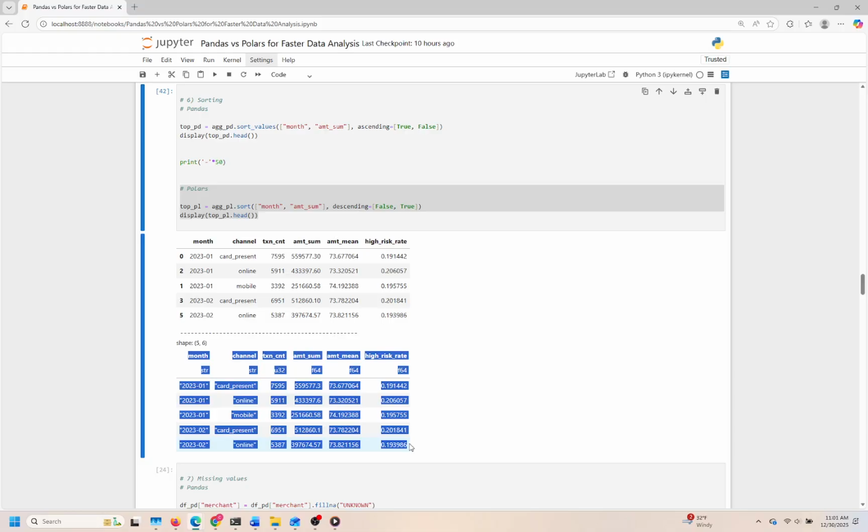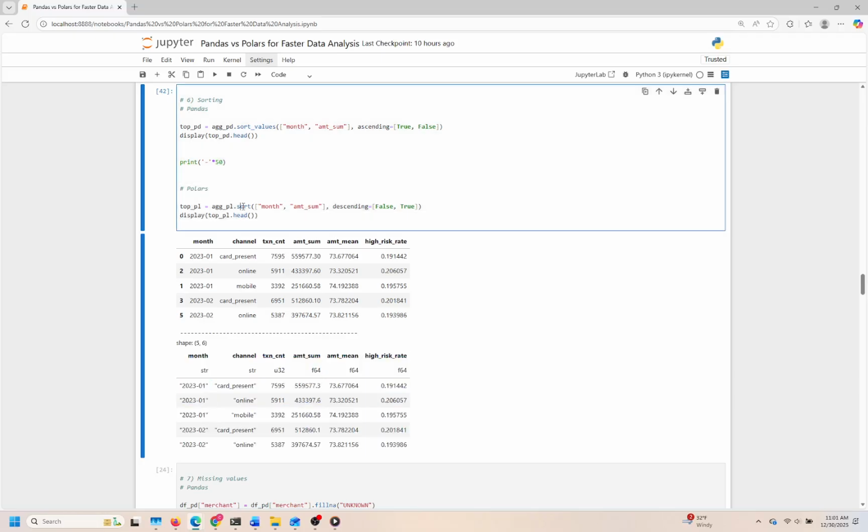Shifting our focus, we then perform a similar sorting operation using the Polars library on an alternate data frame named AgPL. Polars, being a newer entrant in the data manipulation space, showcases its own unique methods for achieving the same goal of data sorting. This comparison emphasizes the versatility of both libraries. While their syntaxes and underlying architectures may differ, they ultimately serve the same purpose of helping us organize our data effectively. By examining the outputs generated from both libraries, we obtain a valuable opportunity to compare their performance and functionality